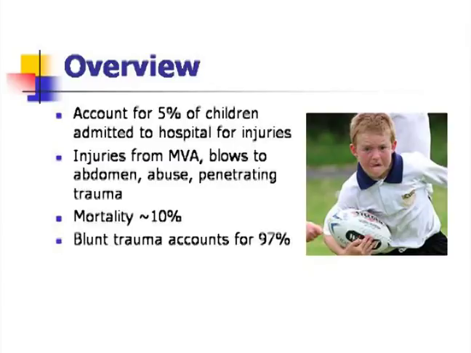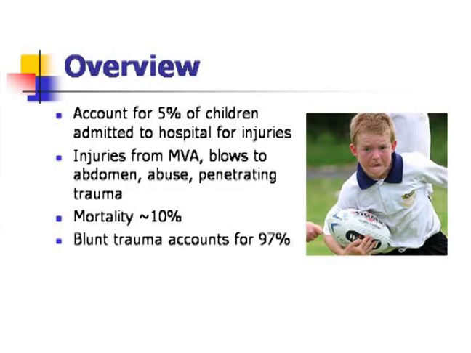The mechanisms vary, but the most common are motor vehicle accidents, blows to the abdomen, child abuse, and then penetrating trauma, which varies depending upon what part of the world you live in. Overall, the mortality from abdominal injuries is about 10%. But remember that a lot of these kids who have severe abdominal injuries also have severe head injuries and other injuries as well. Blunt trauma in most places in the United States accounts for about